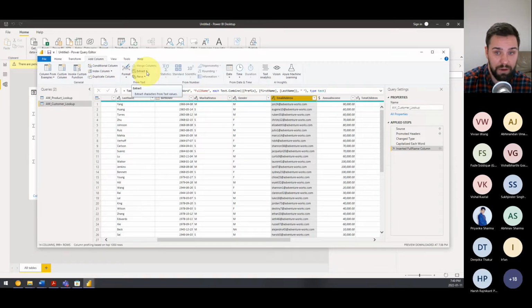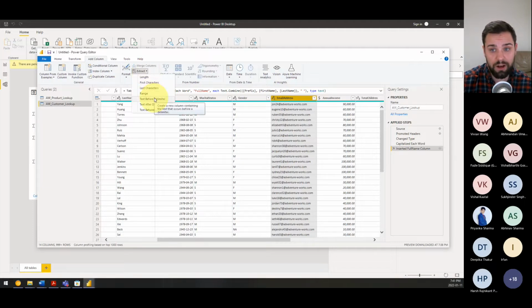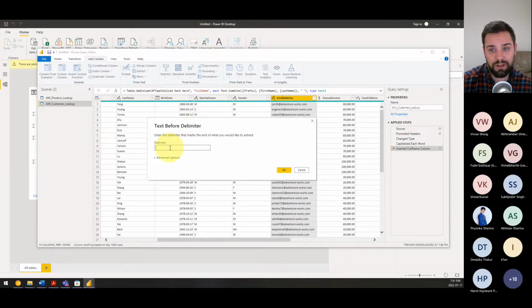So under the extract button, there is a text before delimiter option. And if we click that, a little window will pop up, text before delimiter, and we can set what the delimiter is. So here I'm going to make my delimiter the @ symbol, and under advanced options you could change